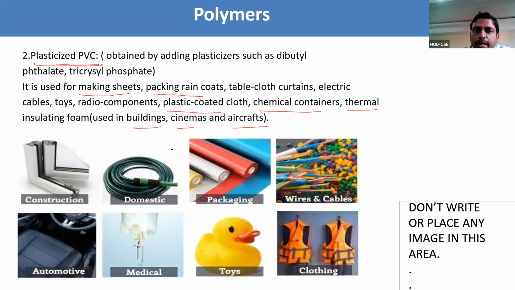Plasticized PVCs are obtained by adding plasticizers such as dibutyl phthalate and triglycerol phosphate. They are used for making sheets, raincoats, tablecloth, curtains, and electrical cables,